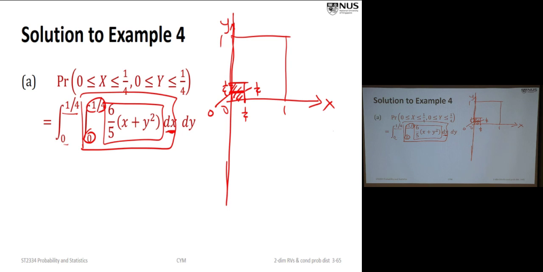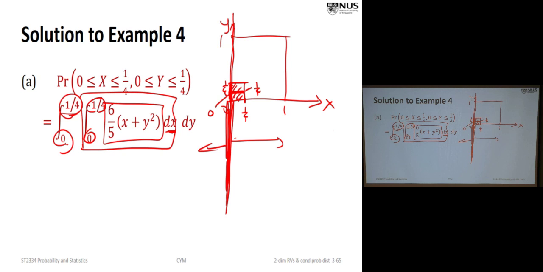This line. So there's nothing here, no PDF here. When you squeeze, this part has no density, while this part you have density. So what we are doing is to squeeze everything. We are looking at all the density over this part, now concentrated on this part, where y is from 0 to 1/4. That's why we integrate from 0 to 1/4.